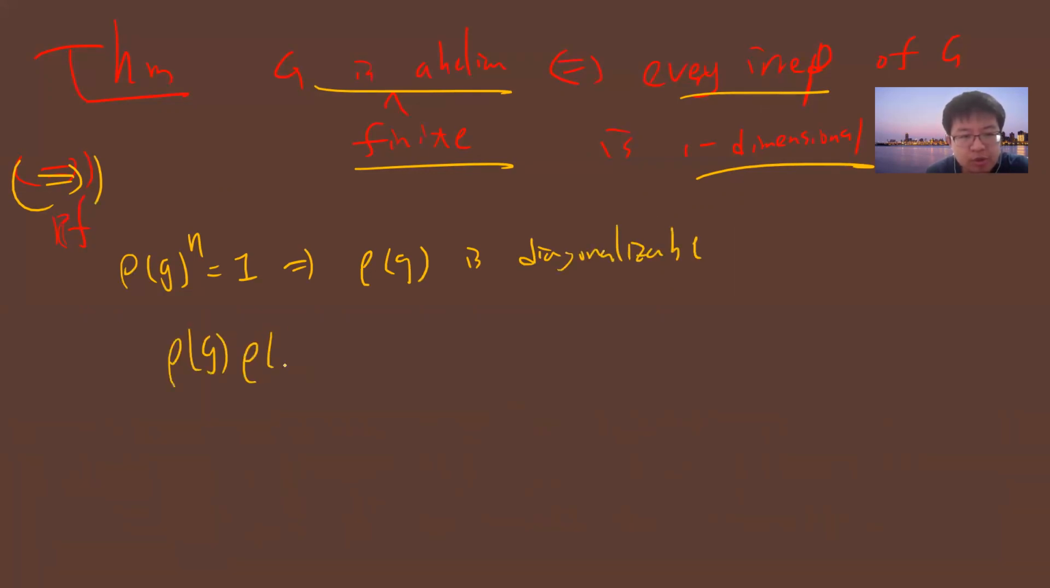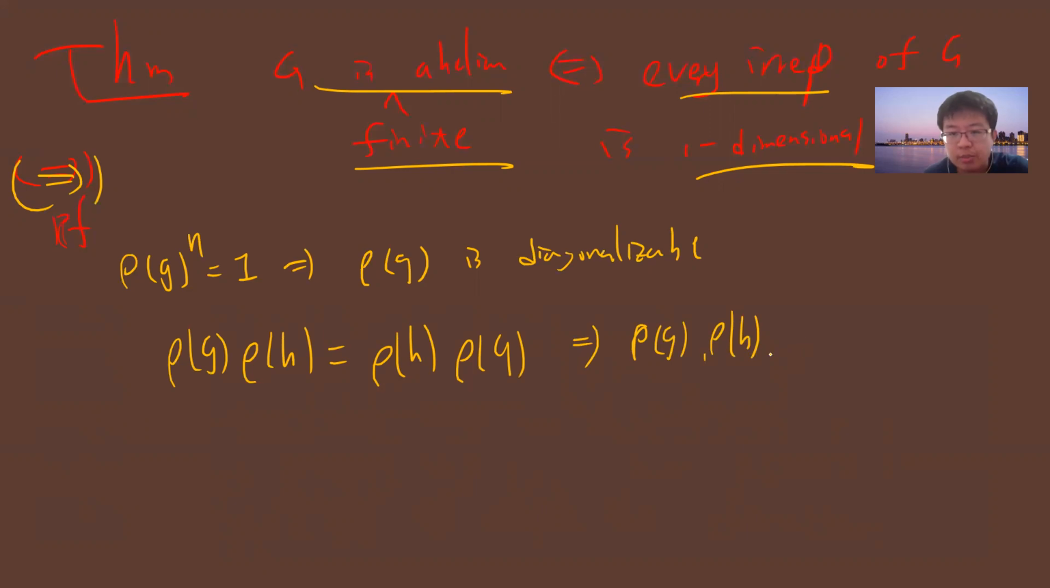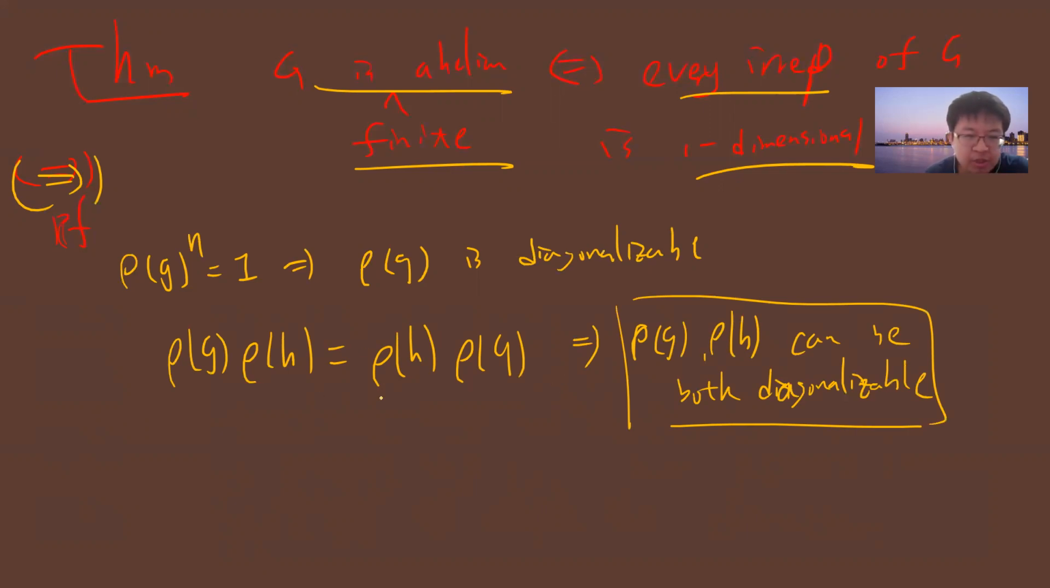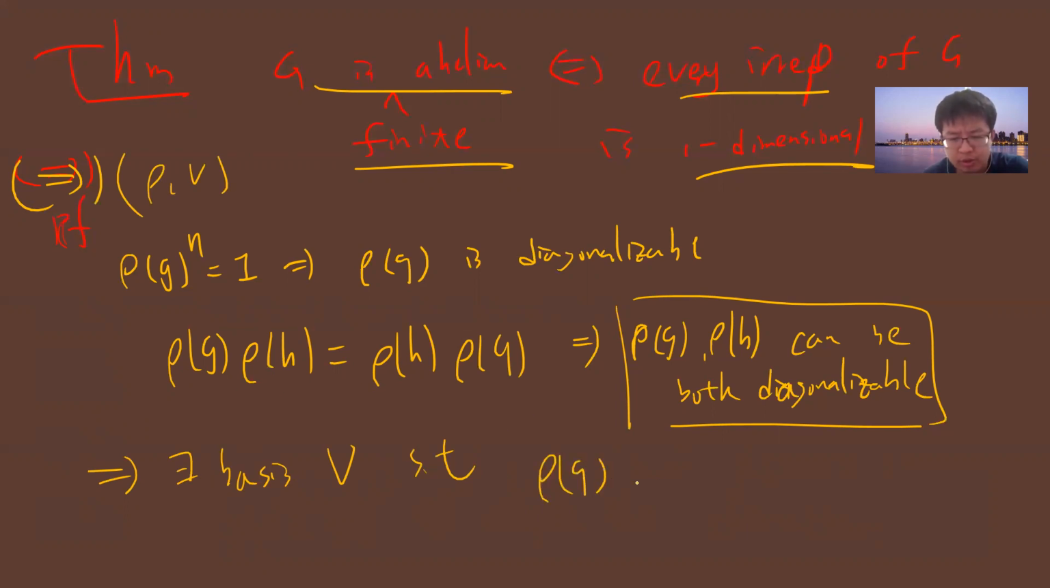But you know that rho of g times rho of h is the same as rho of h times rho of g, which tells you that they commute. So rho of g and rho of h can be simultaneously diagonalizable. Since any 2 group elements commute with each other, there exists a basis in the vector space V such that everything is diagonalizable. So rho of g looks like this,